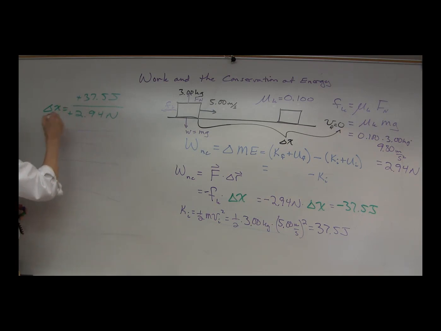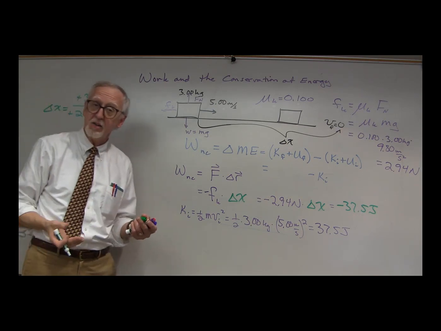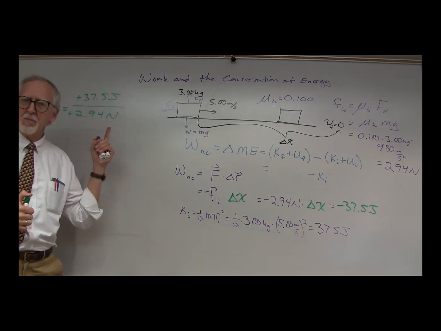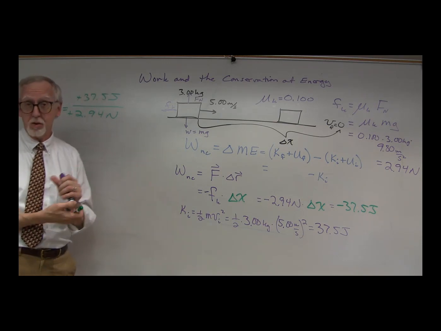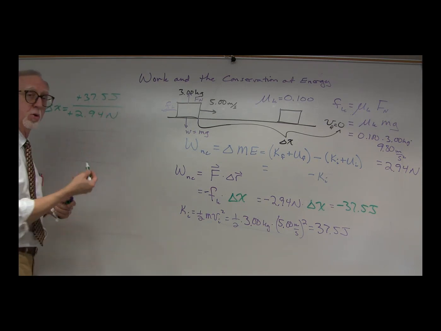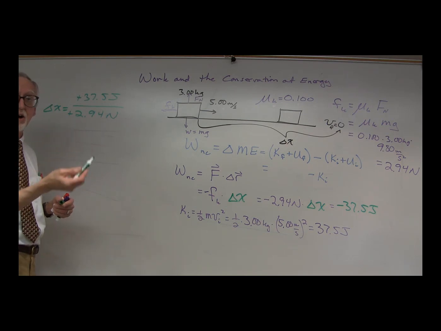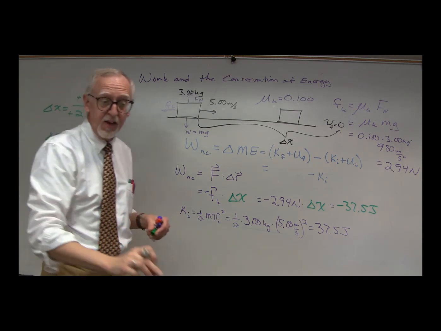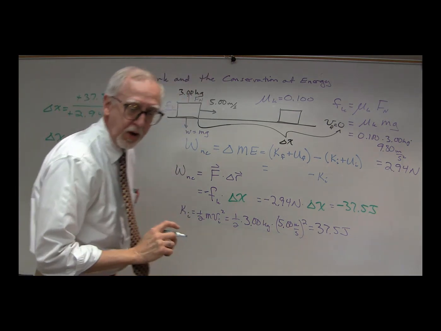Notice we've got a negative divided by a negative, which is going to give us a positive number, which is what we would expect. If we ended up with an extraneous minus sign, we would know something went wrong. A joule divided by a newton, well, remember a joule is a newton meter. We divide off the newtons, which gives us meters, and so that looks good for delta x. Delta x equals, divide that off, and what do we get? We get 12.8